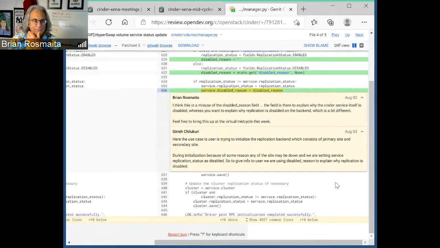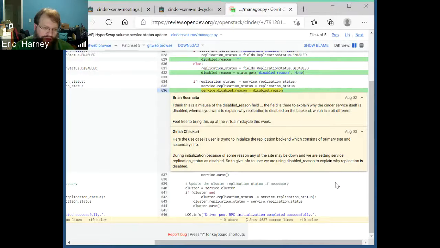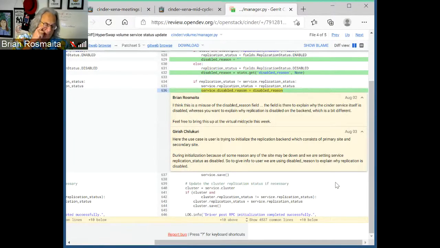Well, I don't think what they have is correct. Disabled reason has some particular purpose that's not this. Yeah, that was basically my thought too.